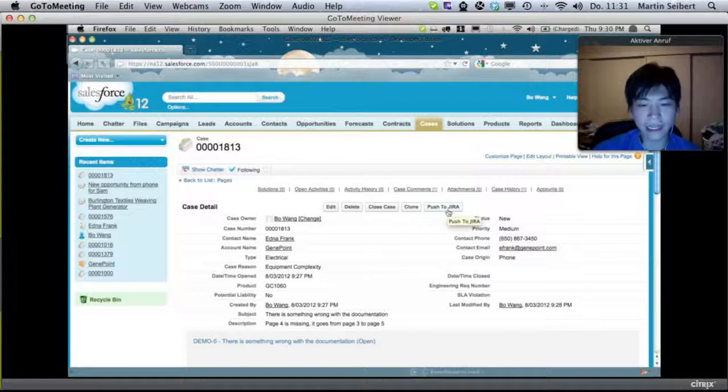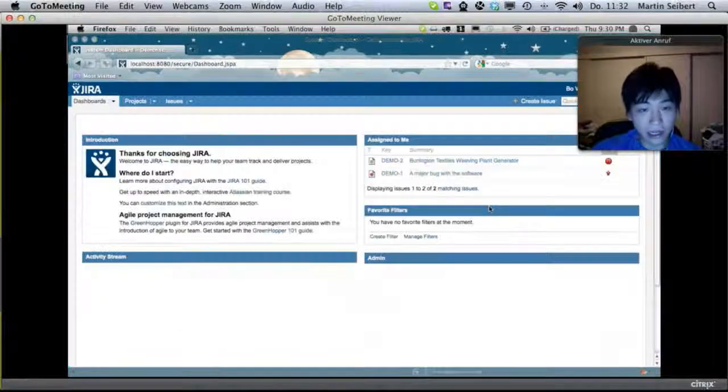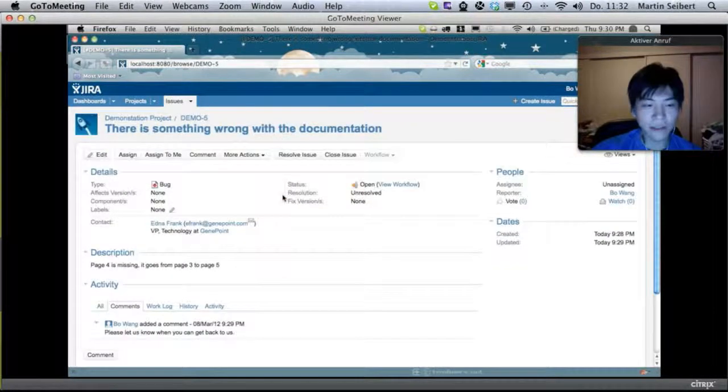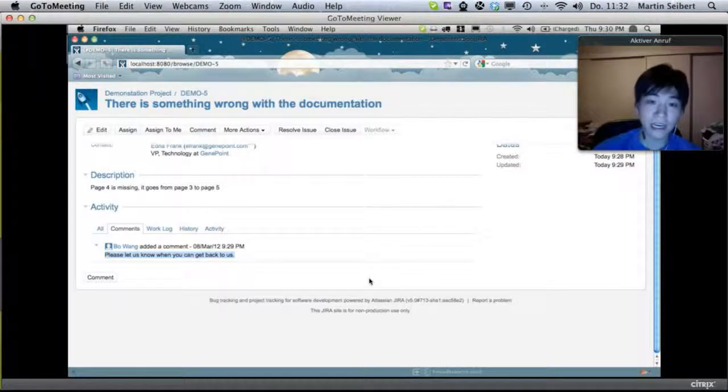It'll handle it automatically. And what you're doing here is transferring the info through the browser of the user, right? Yeah. Okay. So it makes a request to JIRA to pull the information from Salesforce.com. Yeah, okay. So if I go back into JIRA and go to the issue that was just created, here we go. You'll see that there's an extra comment that was put into Salesforce.com that appears in the JIRA